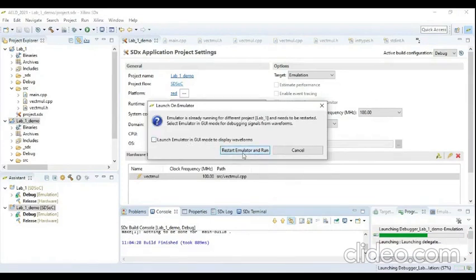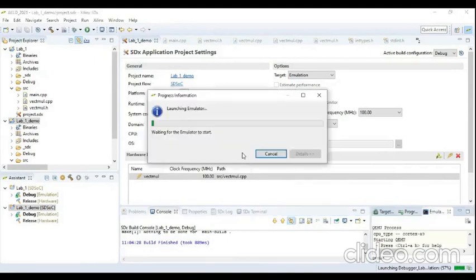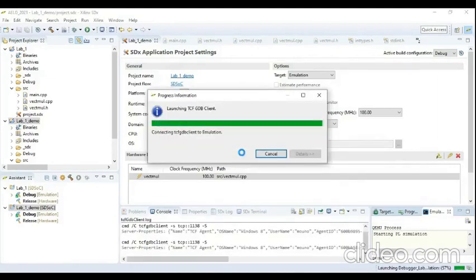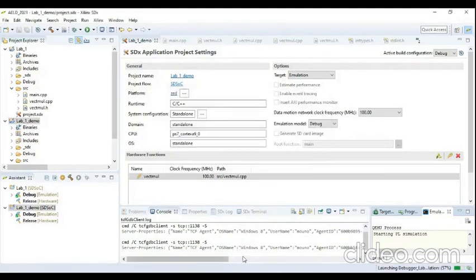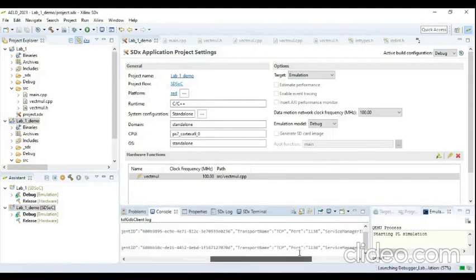So let us restart the emulator and run. It has launched the TCF GDB client, and you can see that it is connected to the localhost using port 1138.